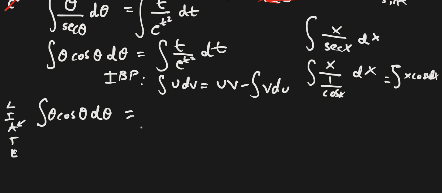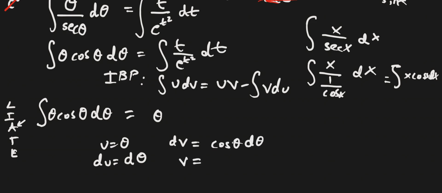So u is equal to theta, so du is equal to d theta. And then dv is equal to cosine theta d theta, so v is equal to the integral of cosine theta. The derivative of cosine is negative sine, but the integral of cosine is actually positive sine theta plus c. We don't need the plus c. So theta times sine theta